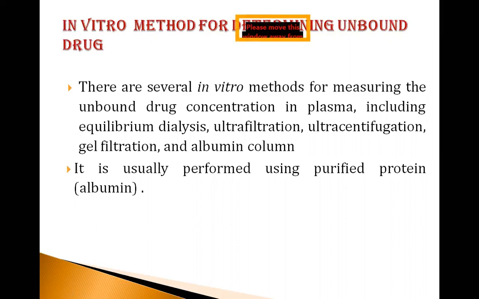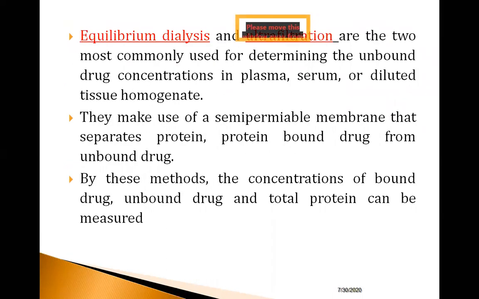As I told, test tube methods, a simple experiment: a known concentration of protein is taken in the test tubes, and to that you add different concentrations of the drug and then estimate the unbound drug. So ultimately, either in vivo, where you take the plasma sample, or in vitro samples, in both cases we should have some experimental procedure which helps us to separate the bound drug from the unbound drug. So that's when the two methods come into the picture, which we generally use.